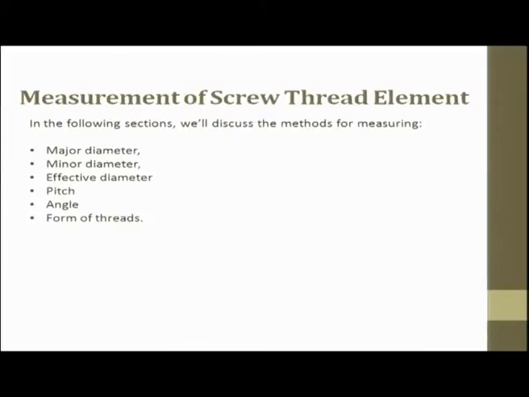Okay. So, what are the screw thread elements which are to be measured, or which are easy to measure? Major diameter, minor diameter, effective diameter, pitch, angle and form of threads are very important. Form of threads: Whitworth thread, Acme thread, these are different forms of threads. So, these are the 5 or 6 elements in a screw which have to be measured so that we evaluate the performance of screw and nut when they are in mating. So, internal surface, external surface.